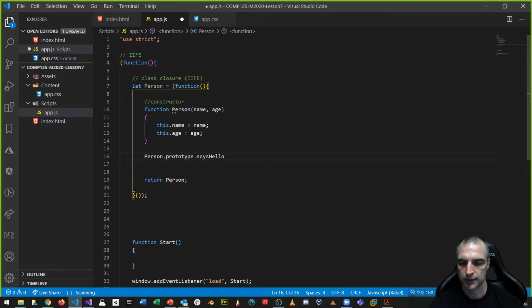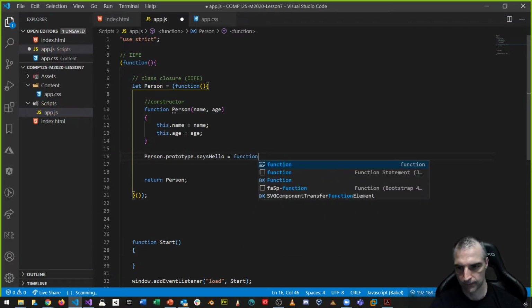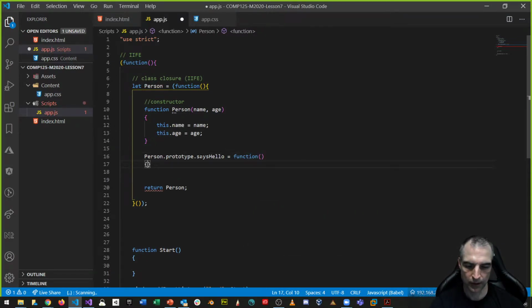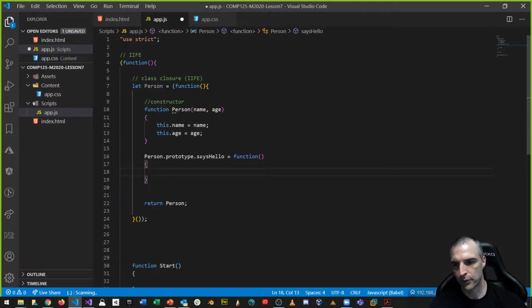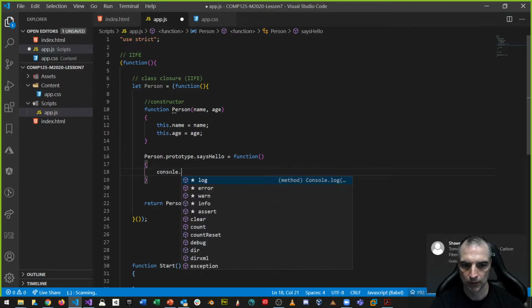Says hello is the function name, and that equals a function. By the way, you can use fat arrow notation as well. So person.prototype says hello. Well, says hello doesn't exist, right? Well, now it does. As soon as I assign a function to it, says hello now is a function that returns something or nothing. In this case, it returns void because I don't return anything from it. If I had a return type here, it would return whatever I'm returning. So here I'm going to say something like this: a console.log,